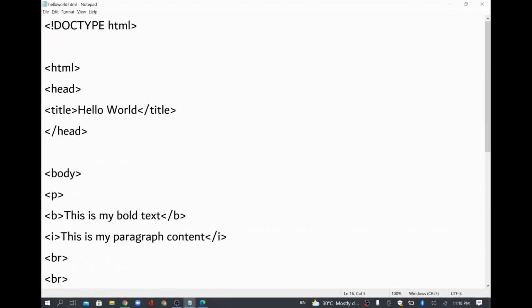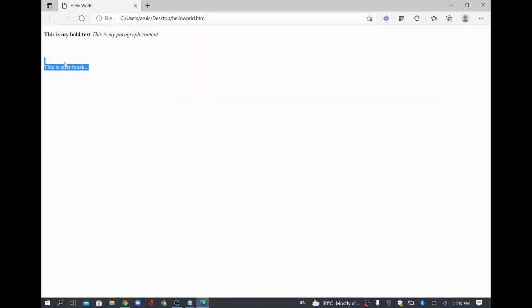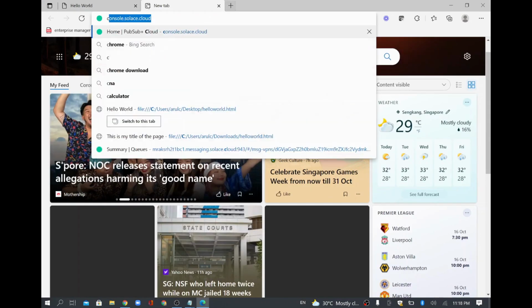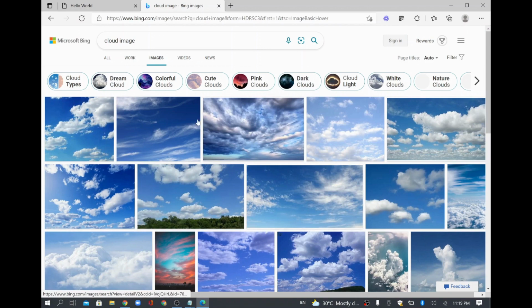And I wanted to add an image now. See here, now we have different text and different font. One is in bold, another one is in italic. So now I wanted to add an image. So how do we add an image? So for example, here I wanted to add an image. The image will come in the img tag, where we have to say the source of the image in double quotes, and I can give a text also. I'll close this tag, and I'll say cloud. Okay, so I'm just going to download some cloud images. Different cloud images are there.